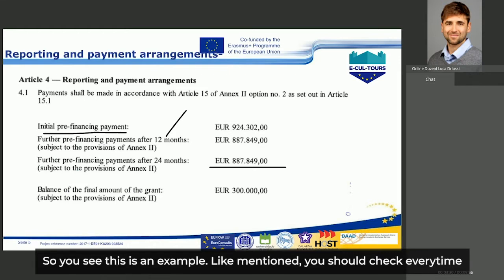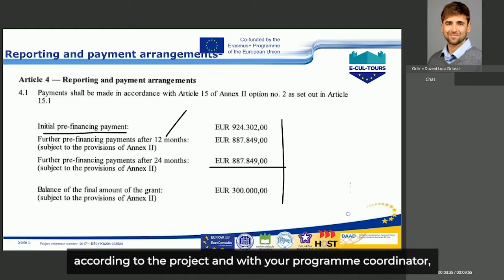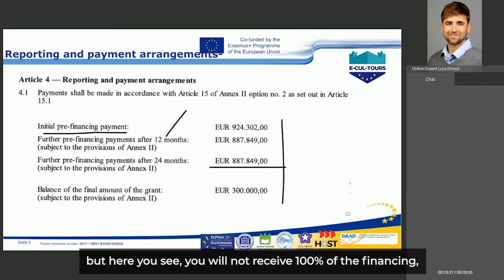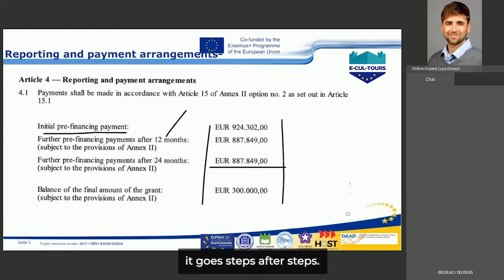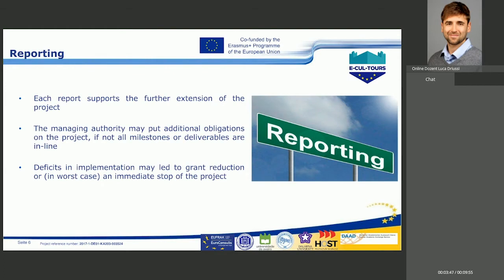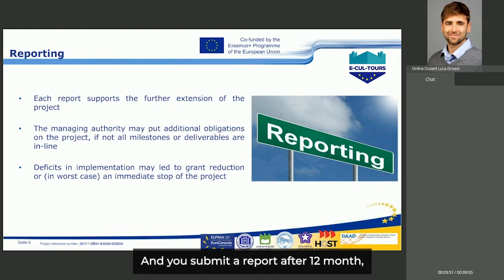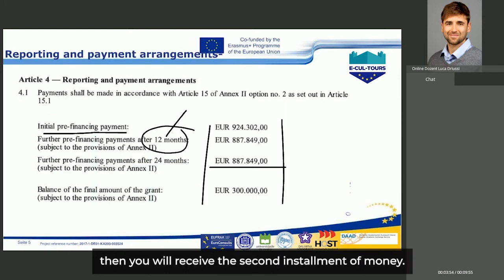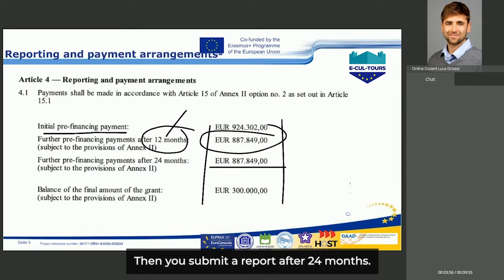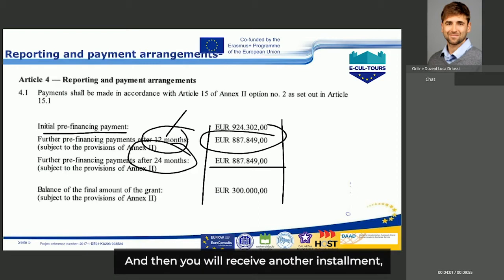So you see, this is an example; like mentioned, you should check every time according to the project and with your program coordinator, but here you see, you will not receive 100% of the financing, it goes step after step. Each report supports the further extension of the project, like you have seen. You submit a report after 12 months, then you will receive the second installment of money, then you submit a report after 24 months, and then you will receive another installment, and then the balance